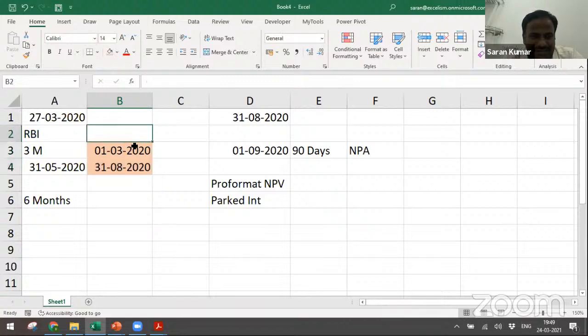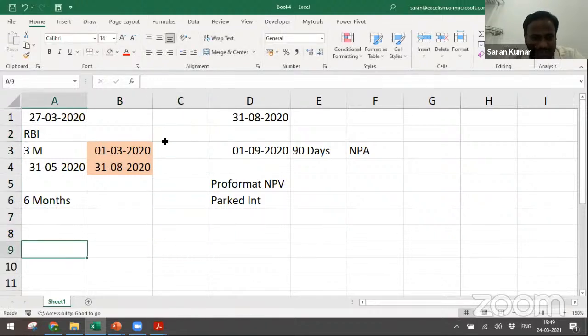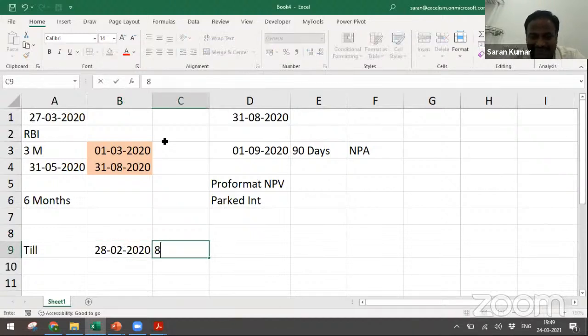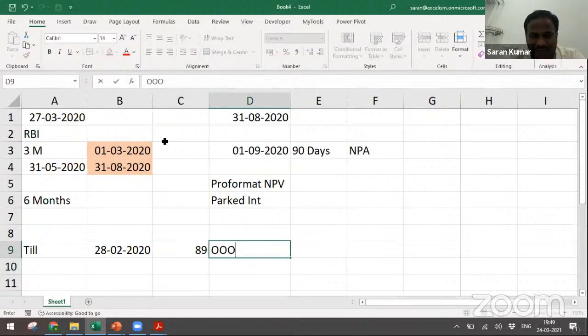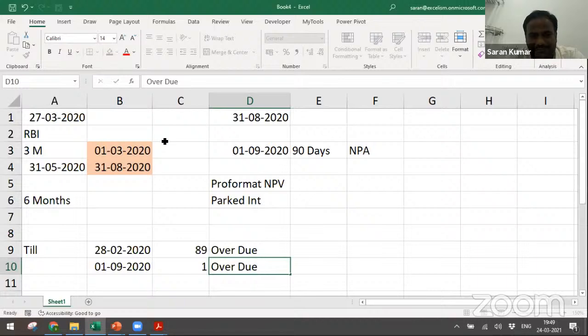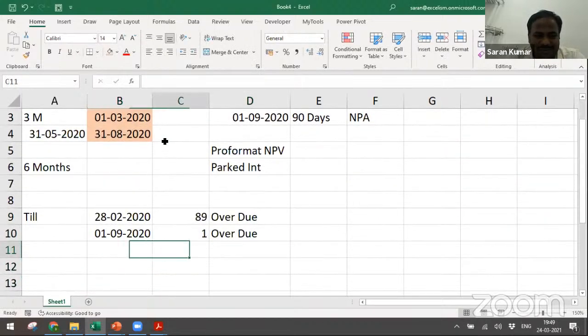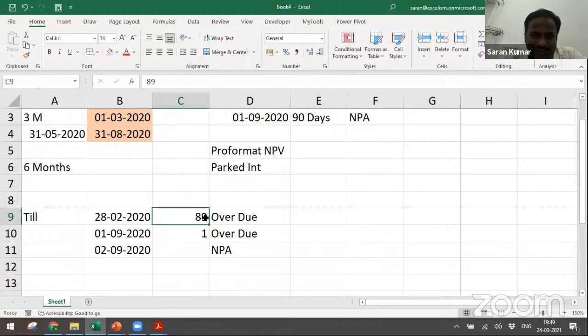Let's say till 28th February 2020, 89 days are overdue, whatever it is, right? Now 1st September 2020 also, one day overdue. If you ask me, this must become an NPA on 2nd September 2020 because it is 89 days overdue.